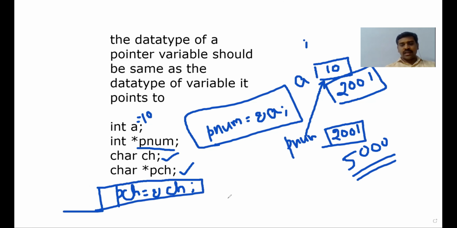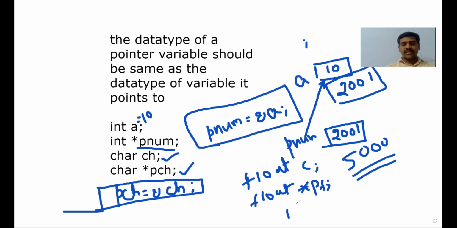For example, if I want to create a pointer for floating point data, I am writing float and I am writing the variable name as c. Now I have to create the pointer for this. How to create? Very simple. What is the type of the data it is pointing to? Float. Therefore write float star pf. So what is pf? Pointer to a floating point data.